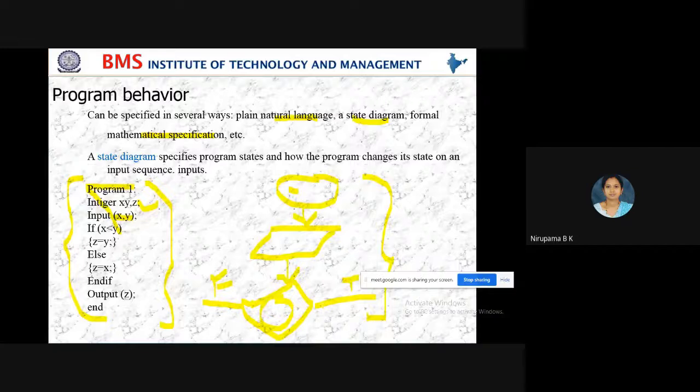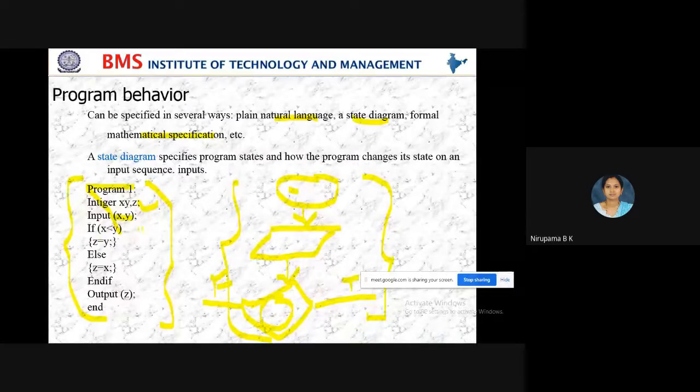If that mathematical operation is true, it will display the output; if it is false, it will display the output based on the false condition. At the end, it will end the program. So here we are showing the behavior in pictorial form.